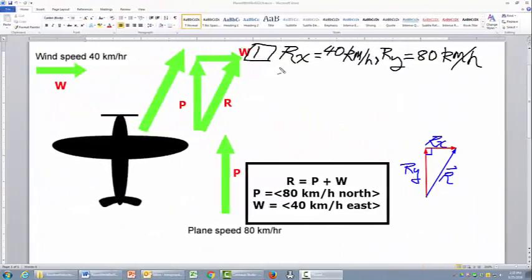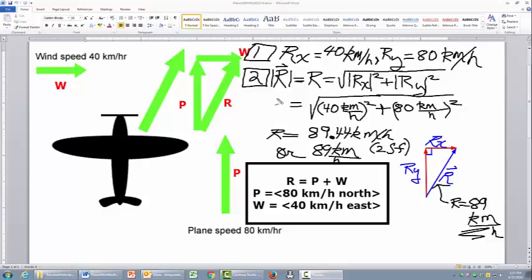From step 1, we have r sub x is 40 kilometers per hour, and r sub y is 80 kilometers per hour. The x component of the resultant vector, which comes from the wind, is r sub x. The y component, which comes from the airplane's velocity vector, is r sub y. The resultant velocity vector, which is the actual path over the ground that the airplane takes, is the resultant vector